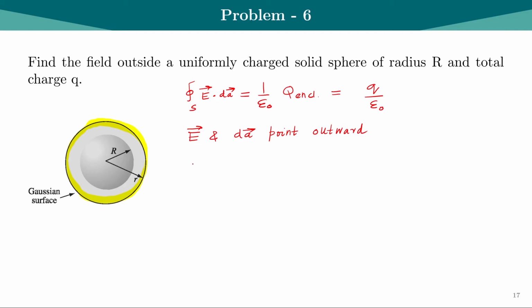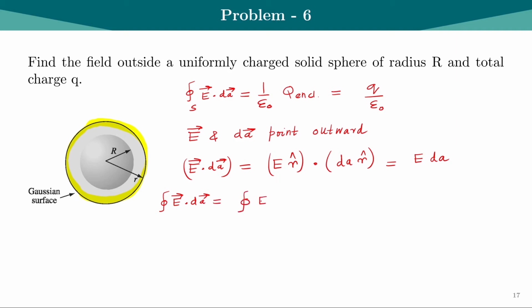And since they point outward, we have E dot dA equal to E, which is directed along the r direction, dot dA, which is also directed along the r direction. When we take the dot product, this will be the magnitude of E times the magnitude of dA. Therefore, when we take the surface integral of E dot dA, this will be equal to